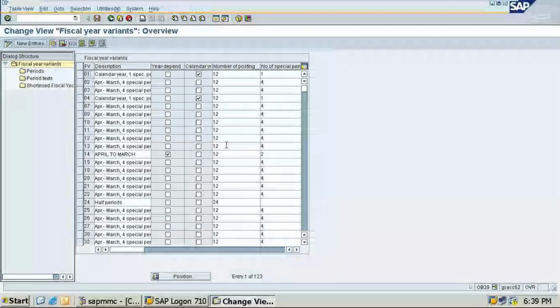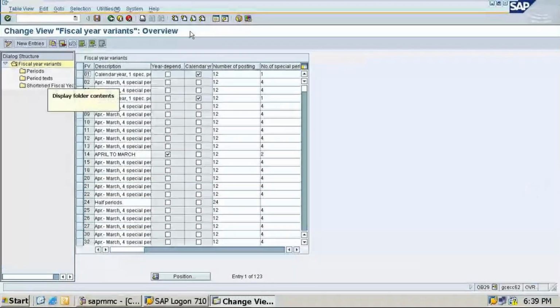In SAP we have 12 posting periods and 4 special periods. That means the total posting periods will be 16. What does a posting period mean? It is used for document entries. When we are doing the GL posting or parking, the posting period is required. For transactions on 1st of April, what will be the posting period according to the Indian accounting standard? April, May, June, July. So the posting period will be 4. So likewise we have these things.